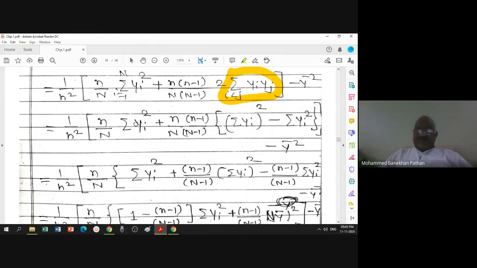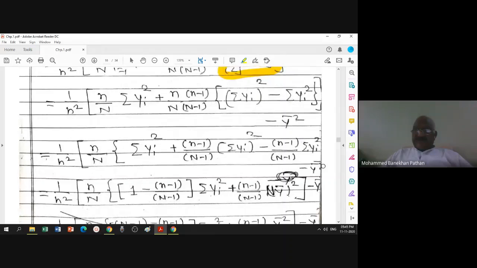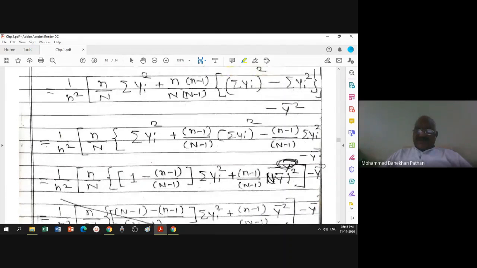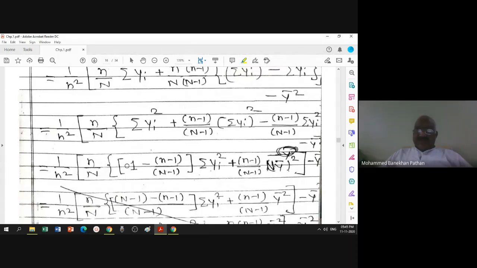So curly bracket for this plus curly bracket with these coefficients. I multiply this inside, minus y bar square. This is the derivation you have to keep in mind, go step by step and see